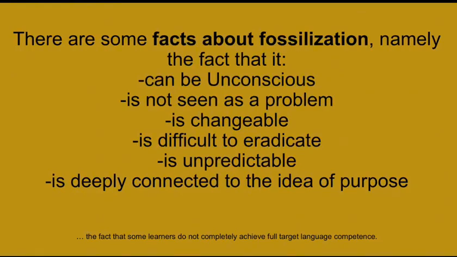Fossilization is resistant to correction and may linger for a long time because it is ingrained, despite exposure to instruction. What a learner has achieved at a certain stage is already ingrained, and he'll keep repeating those mistakes without progressing. So it's quite difficult to eradicate, but it's not impossible. Also, fossilization is unpredictable. What do we mean by that? The particular stage at which fossilization happens is highly unpredictable, and the patterns of errors are also unlikely to be predicted.